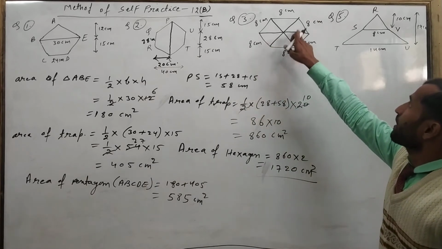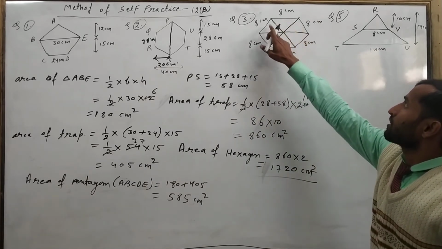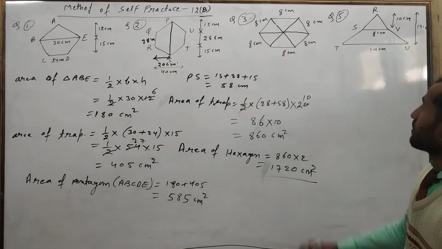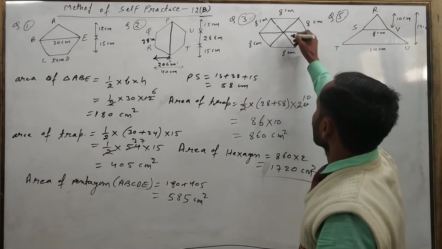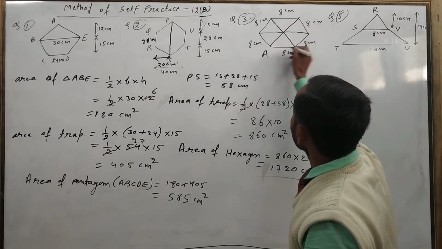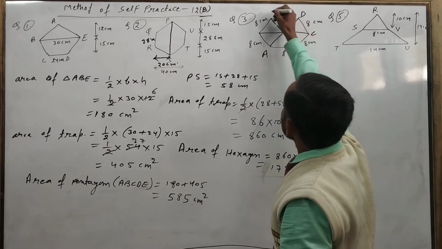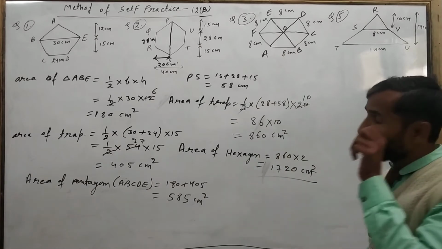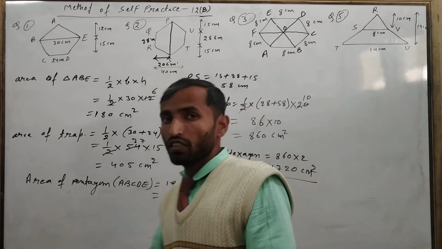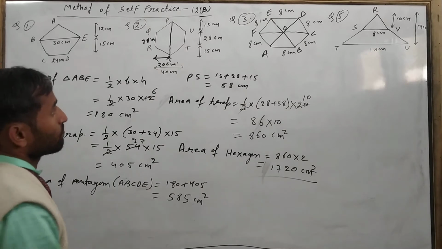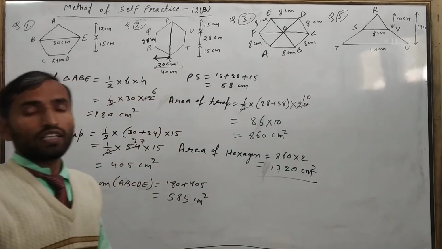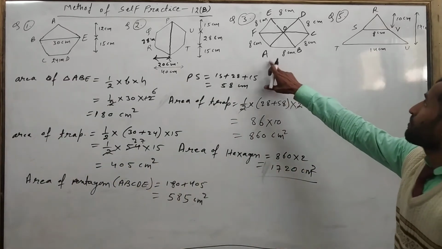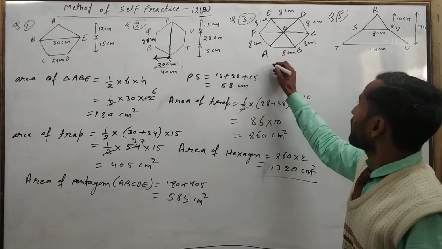Means 6 triangles are divided. So these are equilateral triangles, okay, and the side is 8 centimeter. So just put here the names A, B, C, D, E and F, and here O. Now if you are able to find the area of one triangle, then you have to multiply by 6. Then you will get the answer for the whole hexagon, because 6 triangles are there and all are equal in area, because it is a regular hexagon. Now we have to find the area of triangle ABO or AOB.